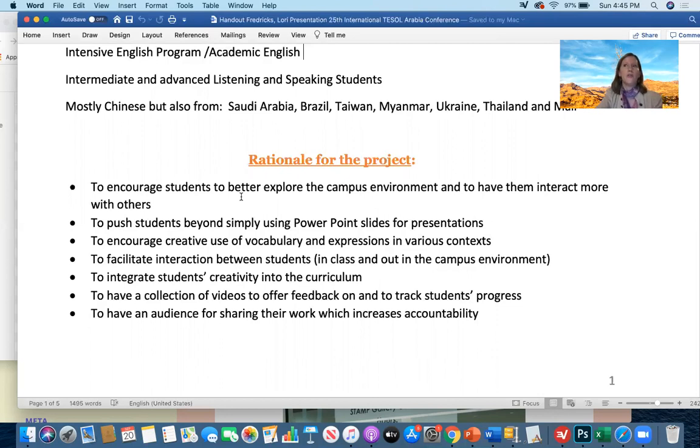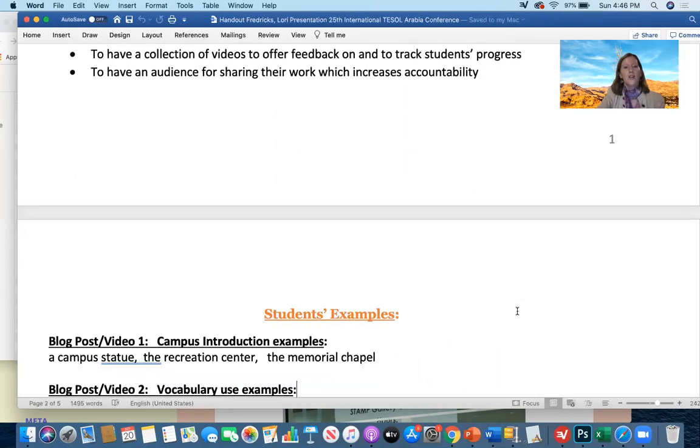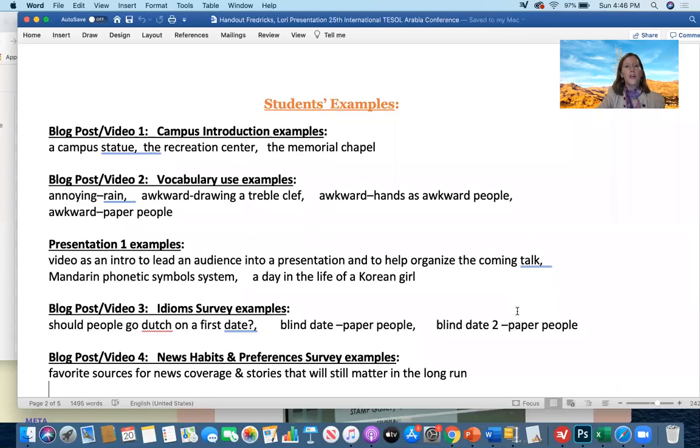I found that those who might not be as excited about completing an assignment on time or doing their homework, this kind of helped get them more engaged because there was an audience, there was an expectation they would be sharing this with others, right? And comparing their findings from what they did with the videos, whether they surveyed people, you know, or researched something. So I'm gonna share with you some examples from the students.